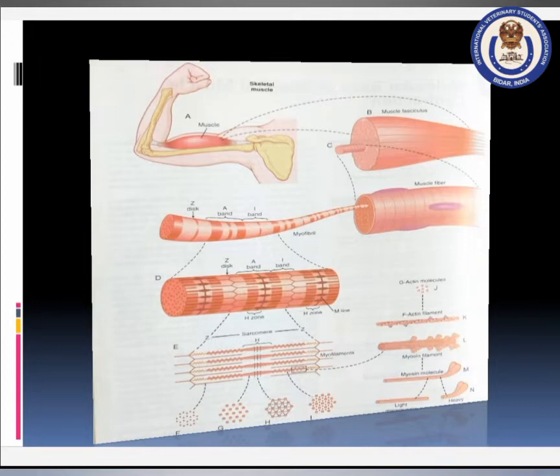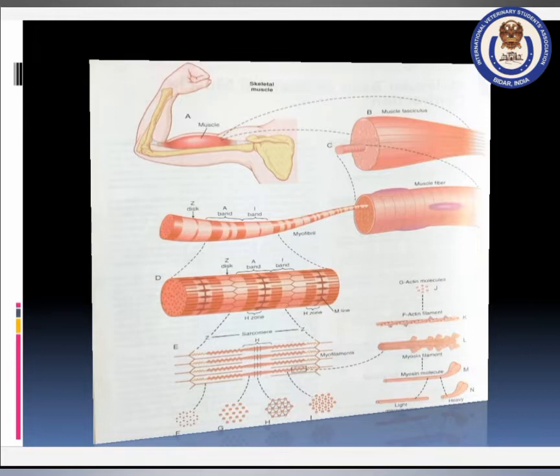The sarcomere is the myofibril between two successive Z lines. In a resting state, the edges of the thin filaments on either side of the thick filament partially overlap the free ends of the thick filament, leaving the central part of the thick filament. This part of the thick filament not overlapped by thin filaments is called the H zone.